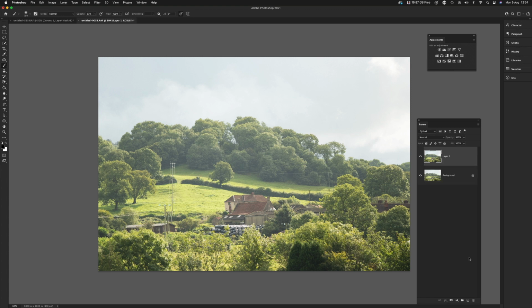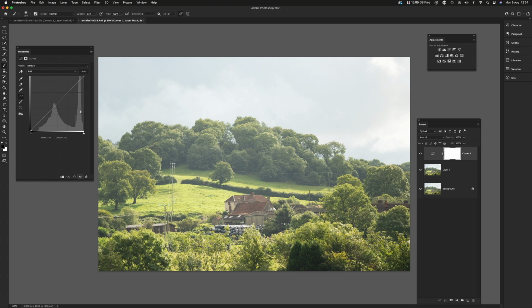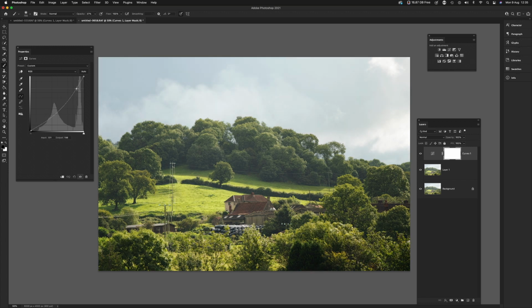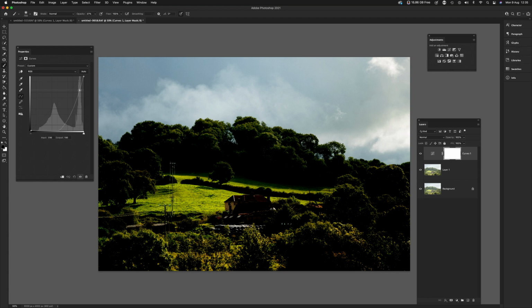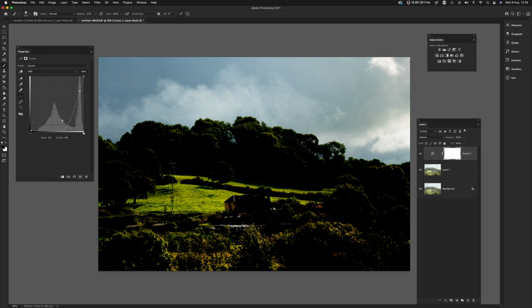Command or Control J, and then we're going to open up curves. So I'm just going to move the curves down, underexpose the highlights and just drop them down a little bit and see, look, there is some detail coming out now. Now I know that if I drag this to where I want it, that's going to happen, but I'm not overly bothered actually. As I've dragged the curve down so much, the shadows and even some of the midtones have dropped a huge amount, and this picture has been rendered